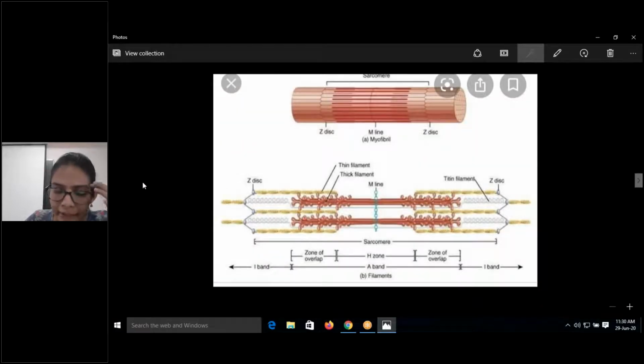Again, the muscle myofibril, as we talked about before, which is the unit in the muscle, is comprising of thick filaments and thin filaments. Okay, the thin filaments are actin and tropomyosin, and the thick filament is comprising of myosin, which has a head and a neck. ATP binding sites are there. We'll see about it in detail. The center one is the M line, and these are the two Z lines. And from one Z line to the other Z line, you call it a sarcomere. It is the functional unit of the muscle.